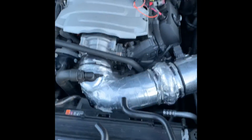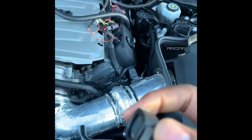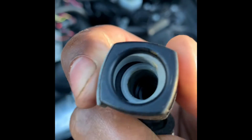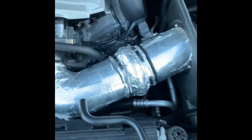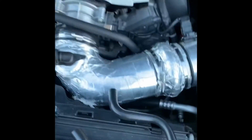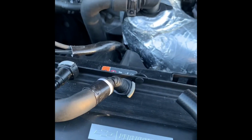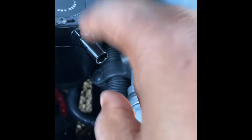You only got one tab on both sides, so you're just gonna push it like that. See how it matches like that? You just push and pull. And this was the upper part, and this was the lower part. So now that I know this side is the input,